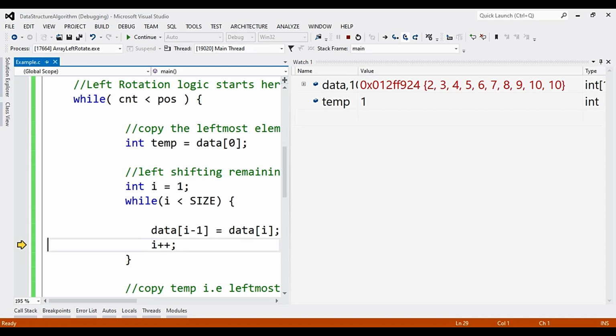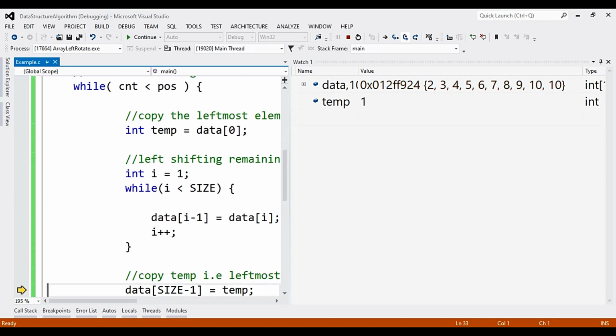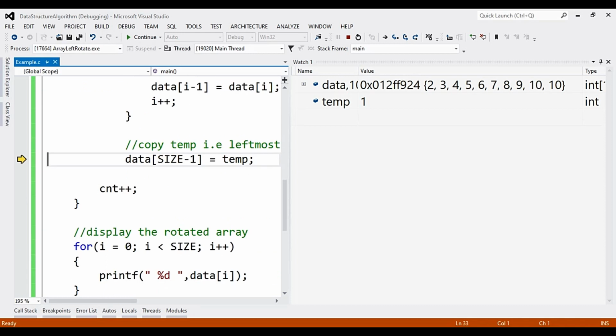And now the loop terminates and the shifting is completed. Now we just need to copy 1 in the end. So the next step will copy the element. Now you can see the element is copied and we can say one rotation is completed.